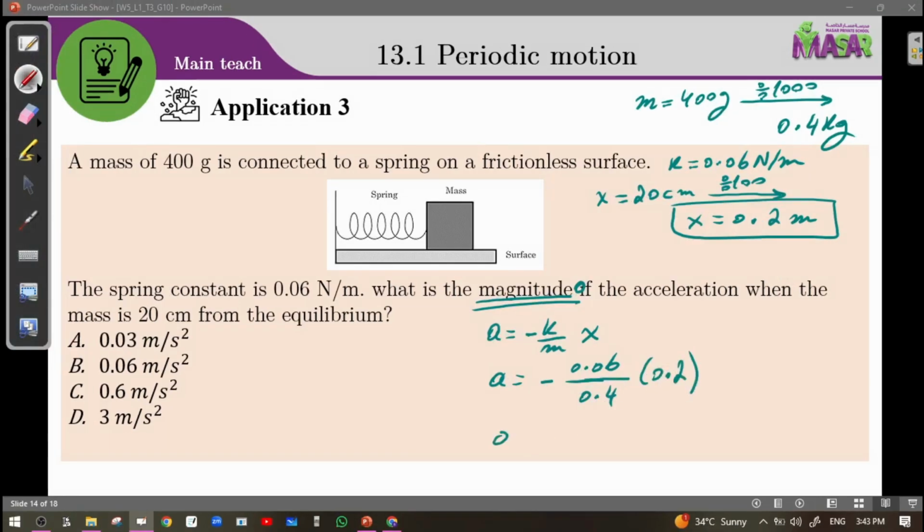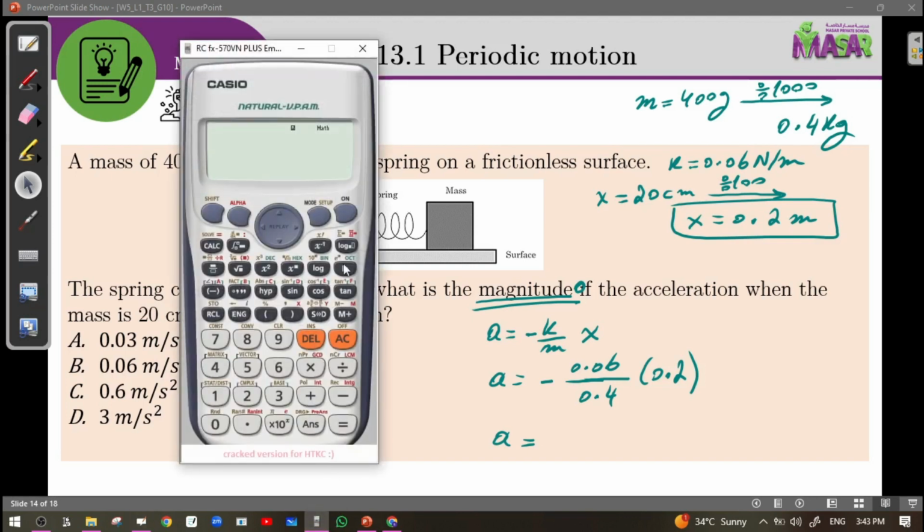Now we just substitute all the values in the calculator. So minus 0.06 over 0.4 multiplied by 0.2, and the answer is minus 0.03